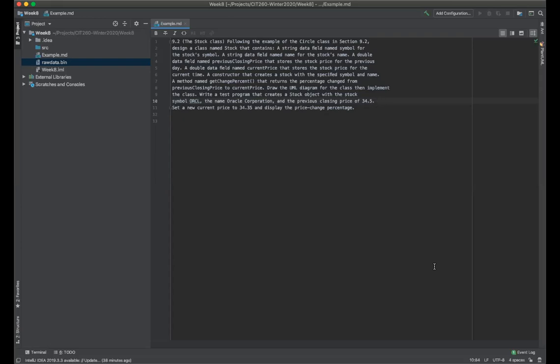Design a class named stock that contains a string data field named symbol for the stock symbol, a string data field named name for the stock's name, a double data field named previous closing price that stores the stock price for the previous day, a double data field named current price that stores the stock price for the current time,